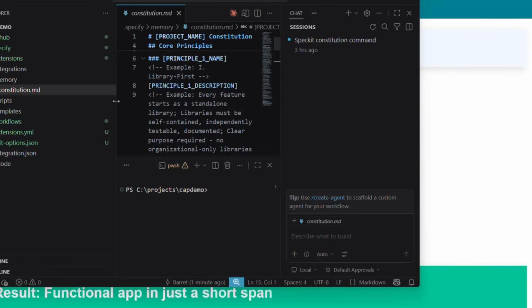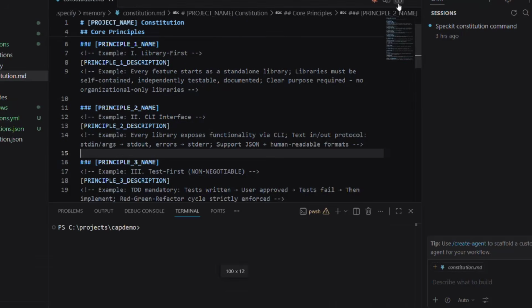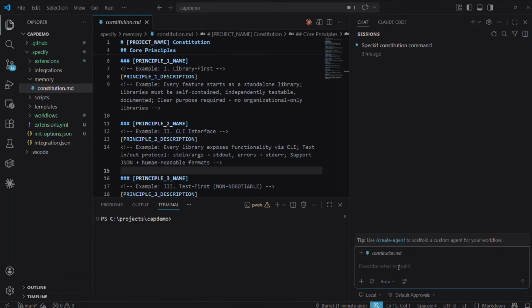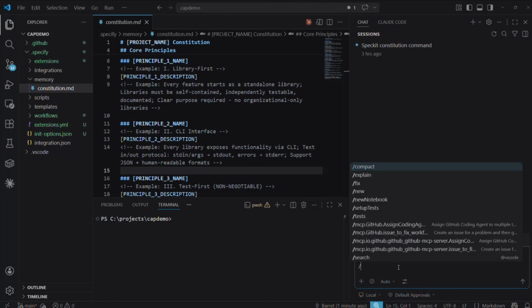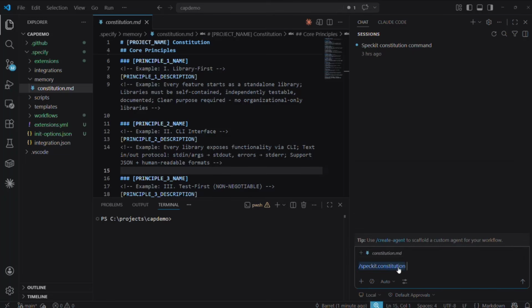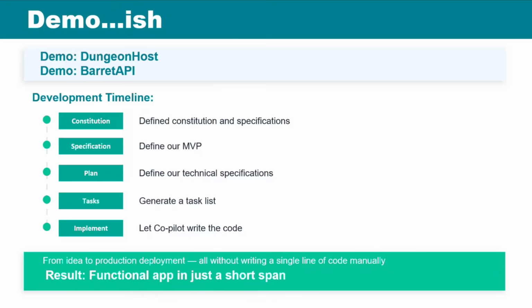For my other examples, I've got it already zoomed in. I forgot to do it for this one. But I'll be jumping out of this one here in a second. Basically, for each of the commands, you just go over to the chat window and run spec-kit.constitution, and I could kick that off and it will start working. It'll take a few minutes, so I'm not going to sit and wait for it.